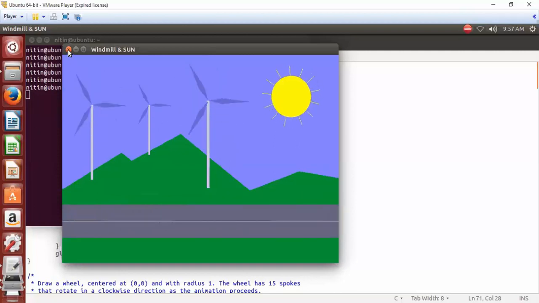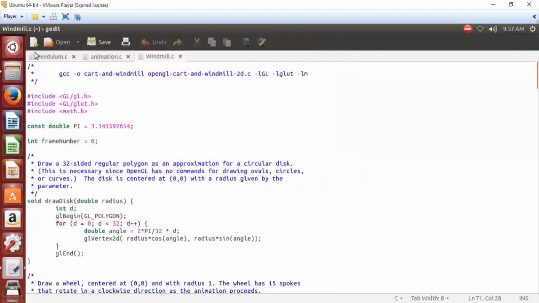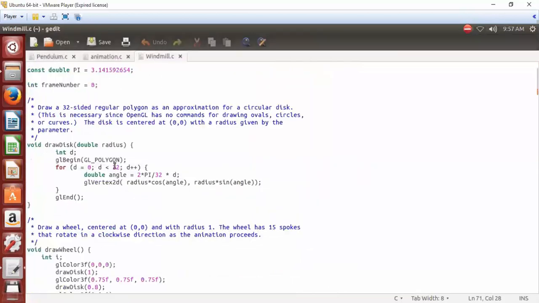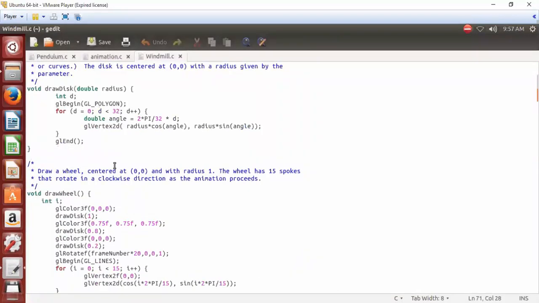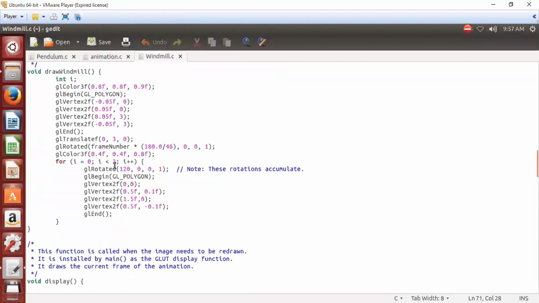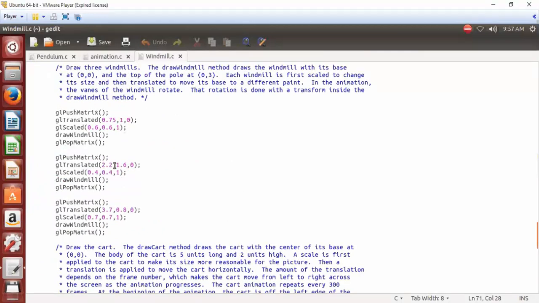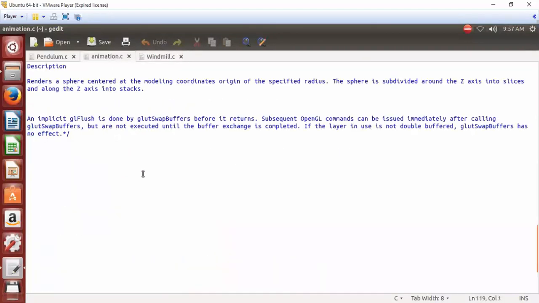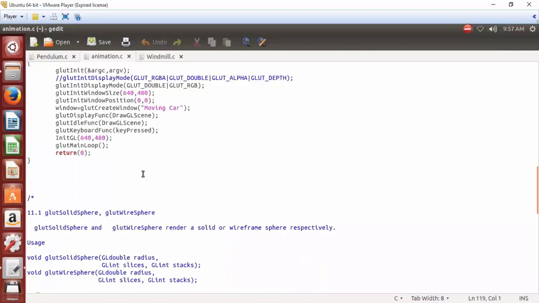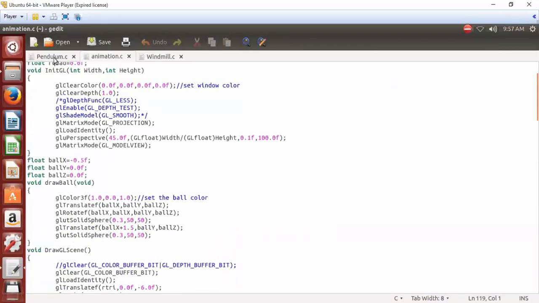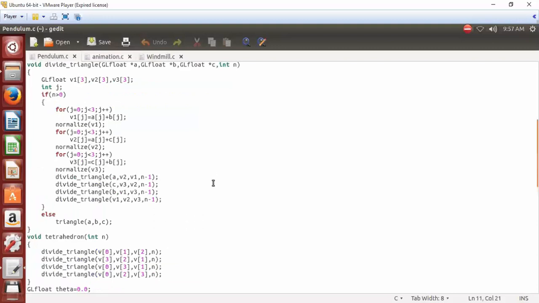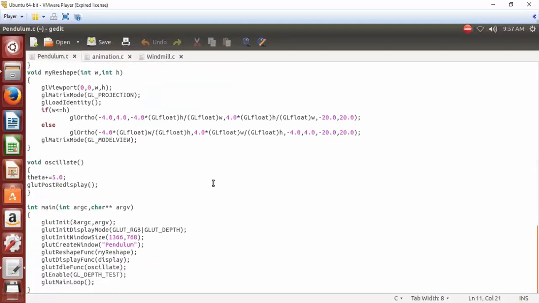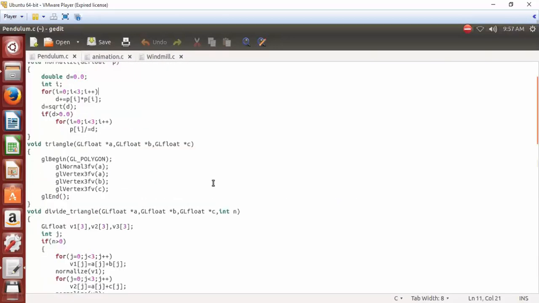With all 3 outputs, that is the windmill. You can go through this. There are some extra commands which are not used so far, that is commented out, and in the animation one here also we are having some extra commands, and this one is the last one. So these are mostly the study assignments we are having.